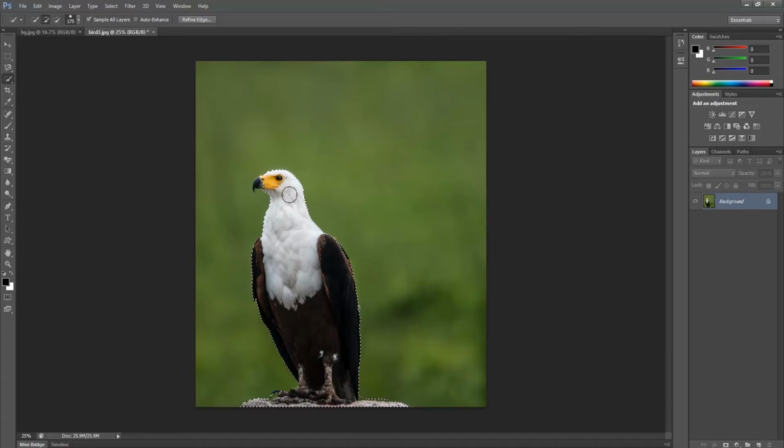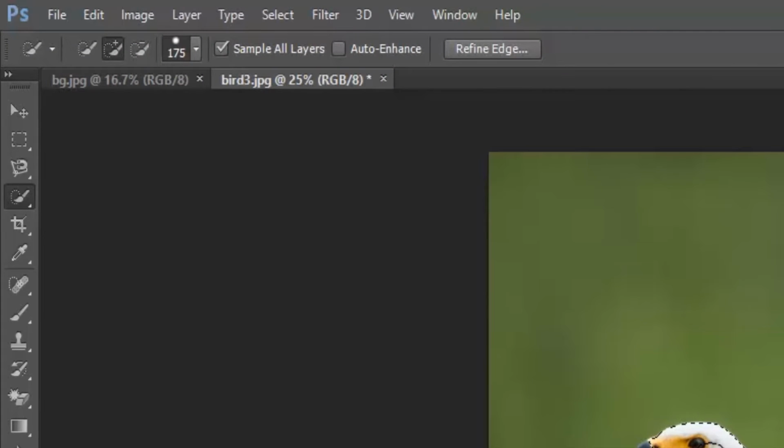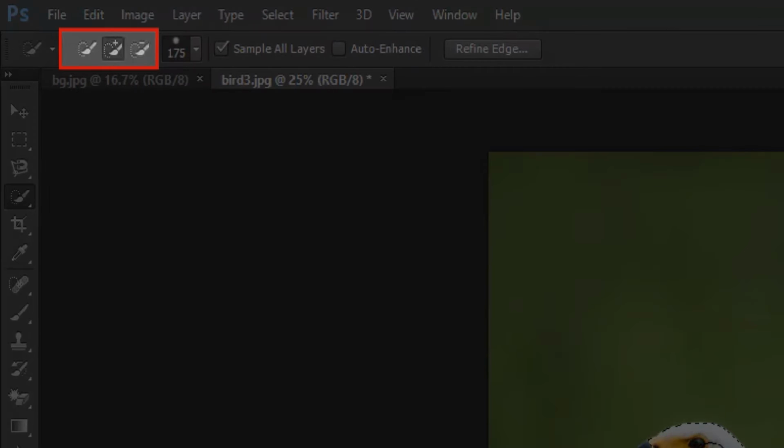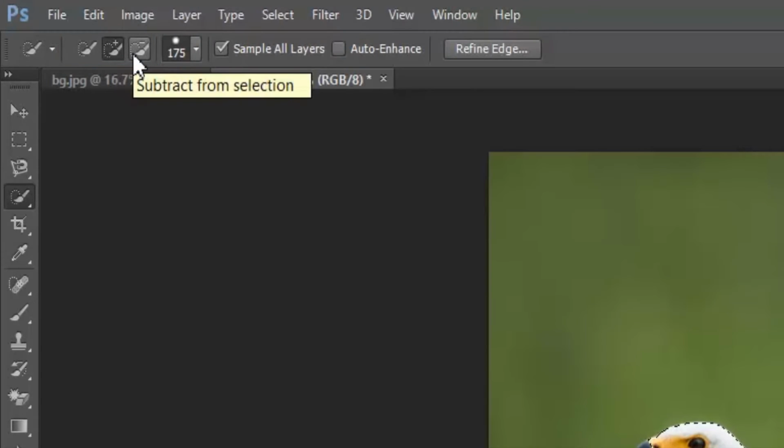Similar to other selection tools, Quick Selection tool also has the same options: New Selection, Add to Selection and Subtract from Selection. You can see our tool has automatically switched to Add to Selection.